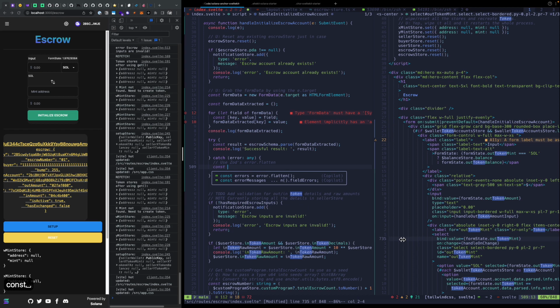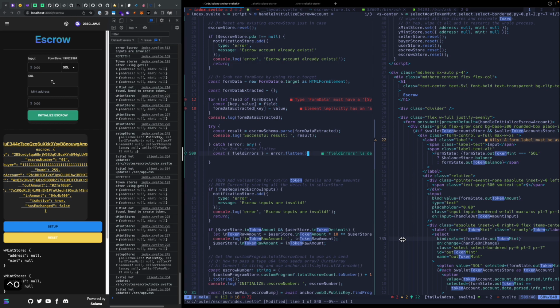But if I do const fieldErrors equals error.flatten, oops, and then okay, what do we want to